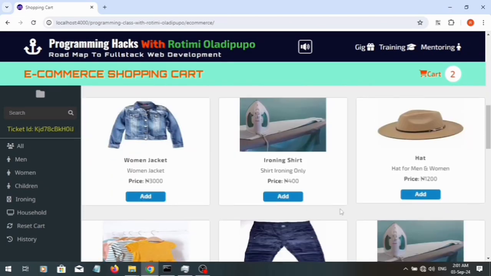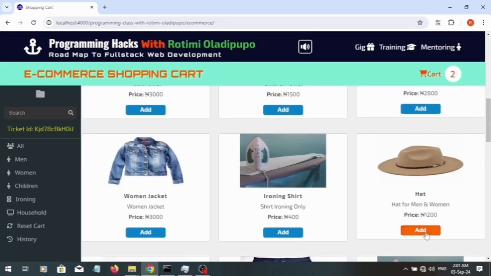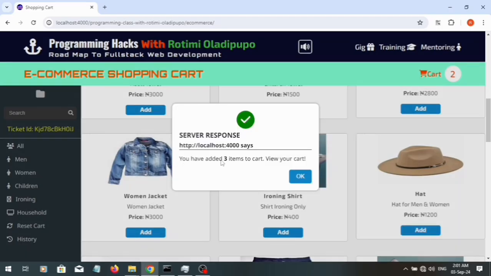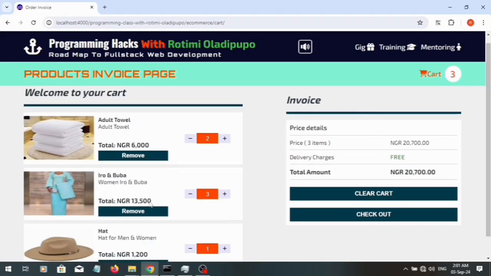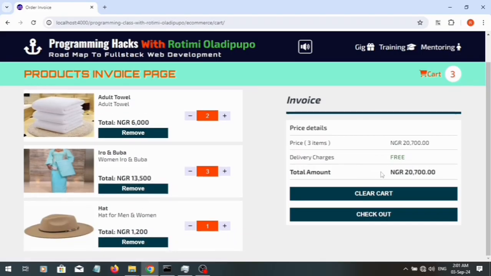Let's add one more product. Let's add this art. This art is what's it called? 1,200. Add it. So the system is now going to tell you that you have added 3 items to your cart. View your cart. You can see that your cart is currently 2, but the moment you click OK, it is going to update to 3. And if you click here, you are going to find that art is also here,